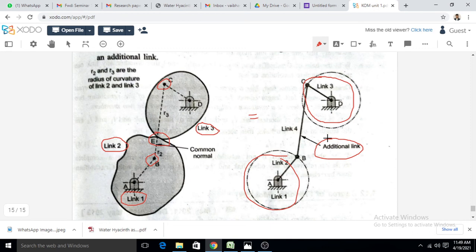Okay, so these are some different cases which show how we can convert a complex mechanism into a simple mechanism. While converting this complex mechanism into the simple mechanism, we will consider that when a higher pair is present, this higher pair is equivalent to the 2 lower pair and one additional link. Okay, so this is the topic that is equivalent linkage of the mechanism.